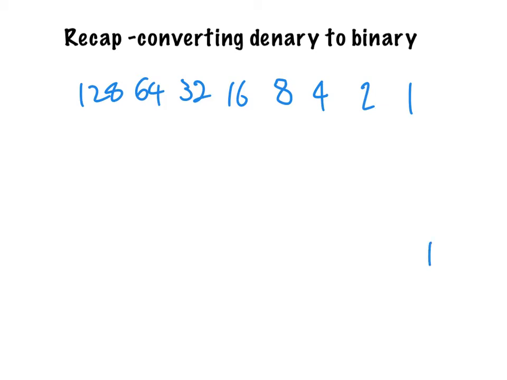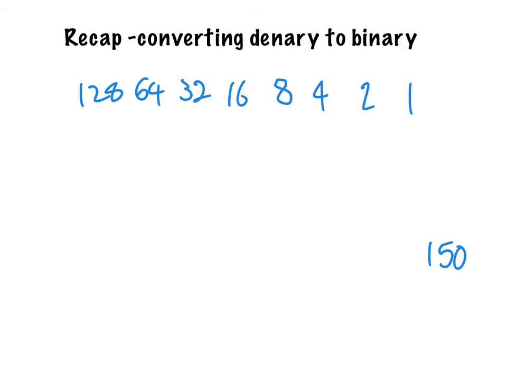Okay, so we recap from National 5, going from a denary number or a decimal number to a binary number. So our kind of usual headings that we would do. Okay, so if we were using 8 bits, these are the 8 values we would use, starting from the right hand side with 1, moving to 2, 4, 8, and doubling it each time. If I had a number like, say, 150, and I wanted to convert this